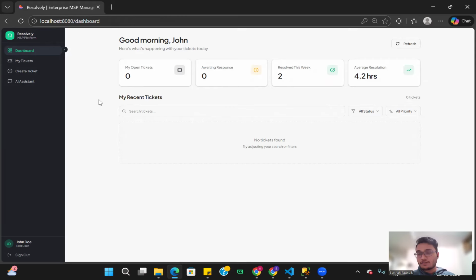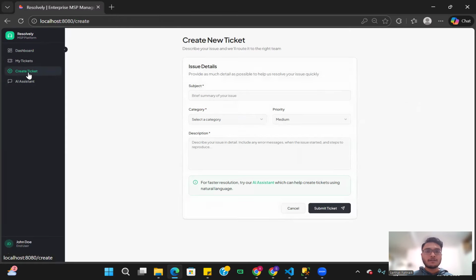Sorry, assigning is the wrong word because John Doe is the customer. Customers usually create tickets, and engineers and administrators work on that ticket. Now, there are two ways you can create a ticket if you're a customer. One, you can simply give a description of your ticket and create your ticket. Let's say that John Doe is facing some